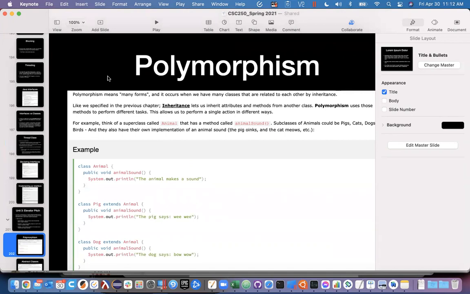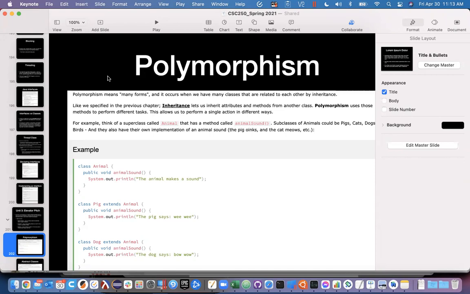Polymorphism is when you have more than one method with the same name, but a different number and/or type of parameters. Not different named parameters, just a different number and/or type. So you can't have a method called run that takes in an int A and another method called run that takes in an int B. Both of those methods are considered to be identical to Java. They don't care that you named your variable A in one of them and B in the other one. The fact that they both took a single parameter and that parameter was an int means they're the same,